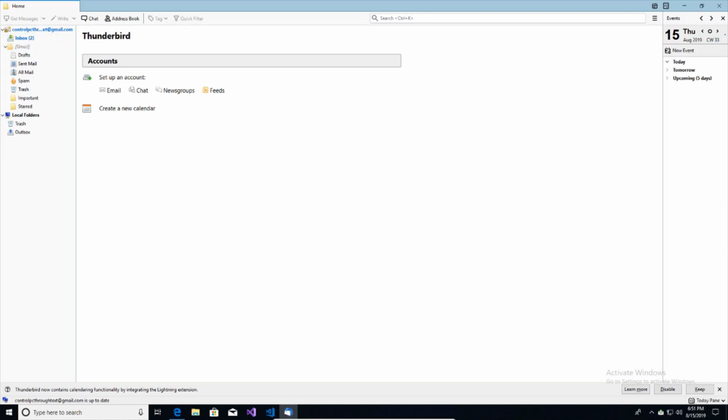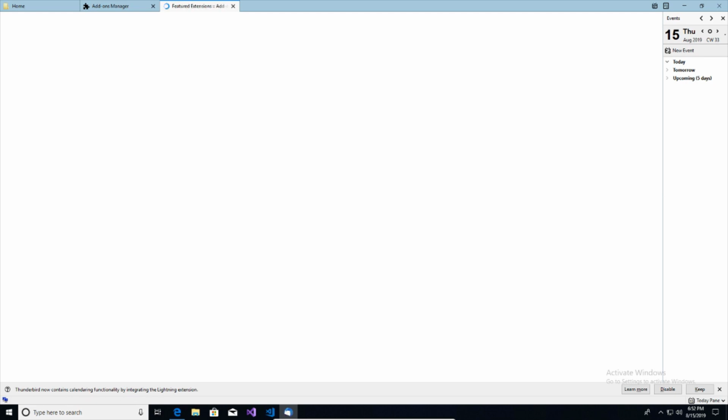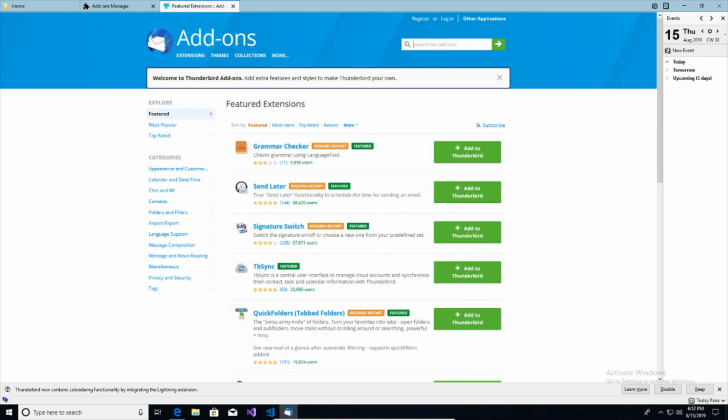Now we've got to get the extension that's going to let us control our computer. To do this, you're going to click on the three little bars at the top up here. You're going to go to Add-ons, and we're going to be on the Get Add-ons tab. Now we're going to click Browse All Add-ons. And where it says search for add-ons, we're going to type in